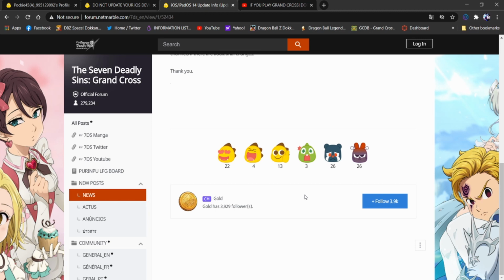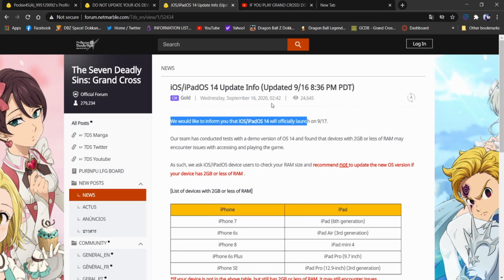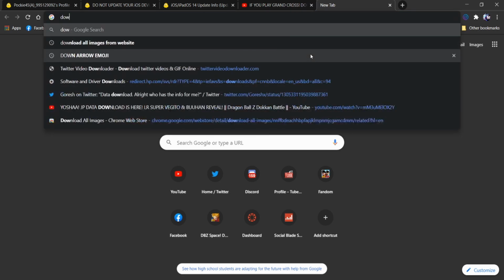But here are some ways you can actually save your account from dying, at least. These are some alternatives. Like, you can actually downgrade your version. Here are some tips if you want to continue playing Grand Cross on JP or Global, or Asia, or wherever, Korean, any version of the game. Here are some tips. One is downgrading